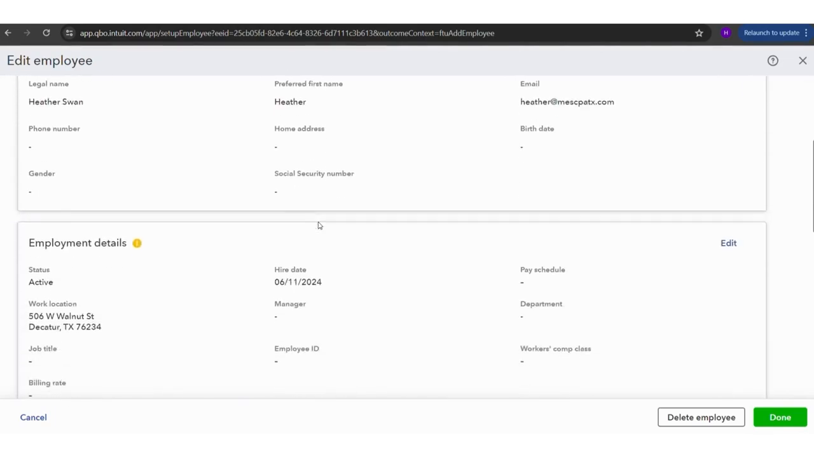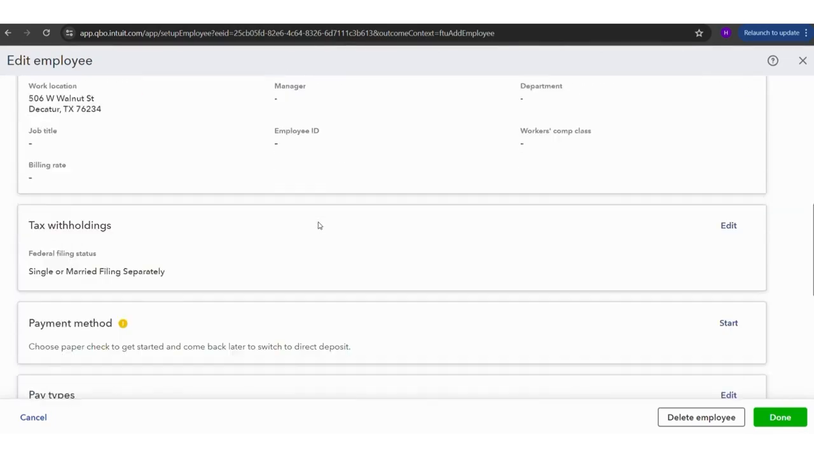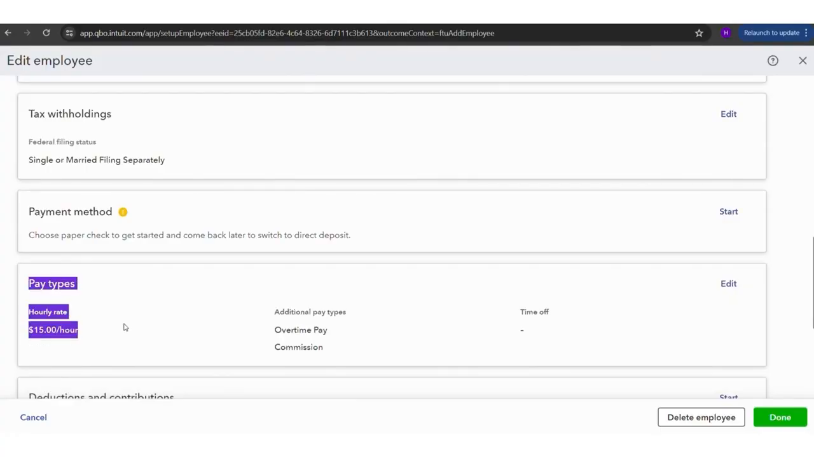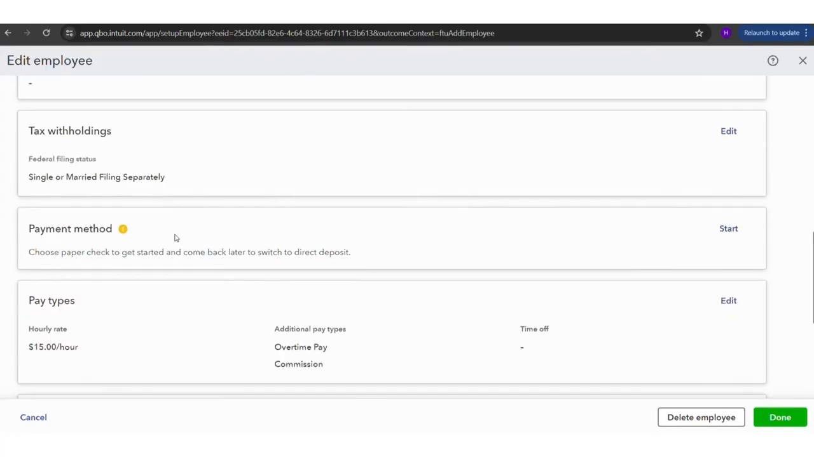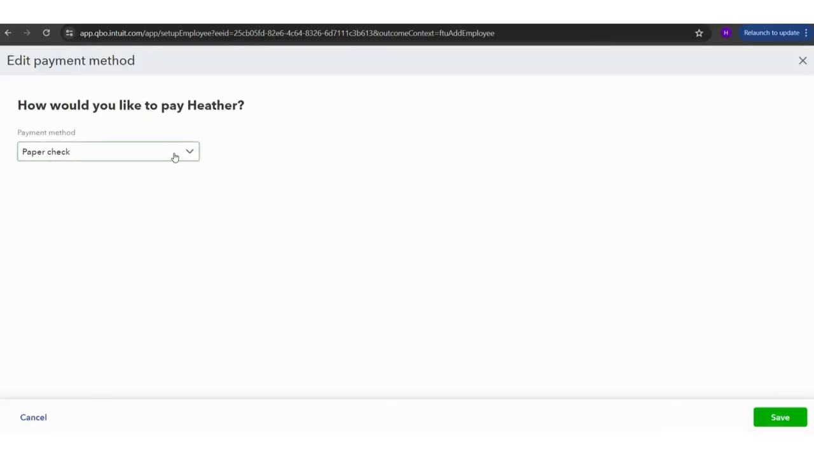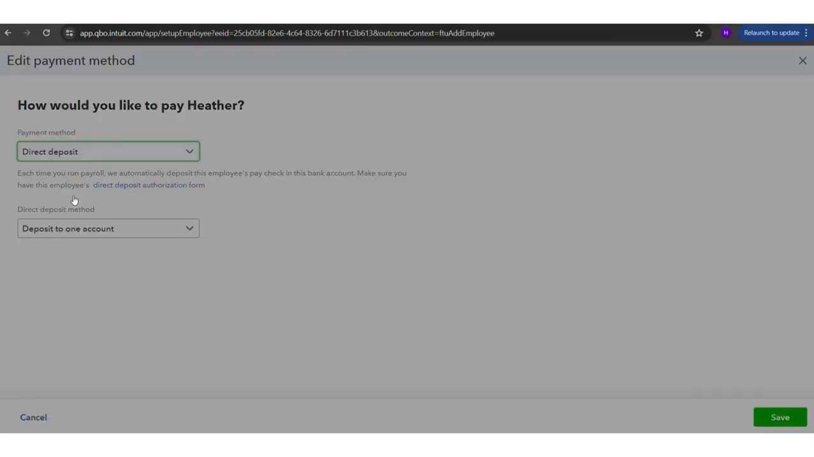So going back to the employee detail page, whatever you put your pay type at will appear in this pay type box. If you were to send your employee the direct deposit information, this payment method would then be filled out with their information. If you have to input that yourself, you would hit Start, and you would tell QuickBooks we're going to pay with direct deposit